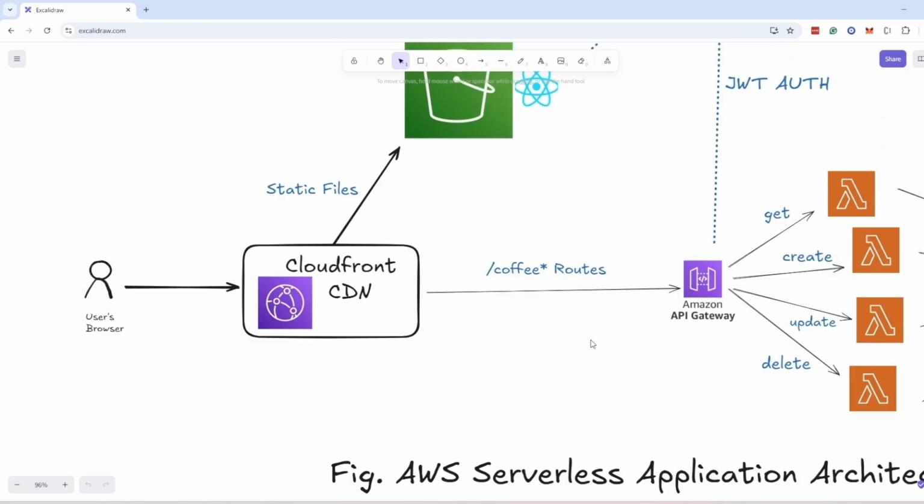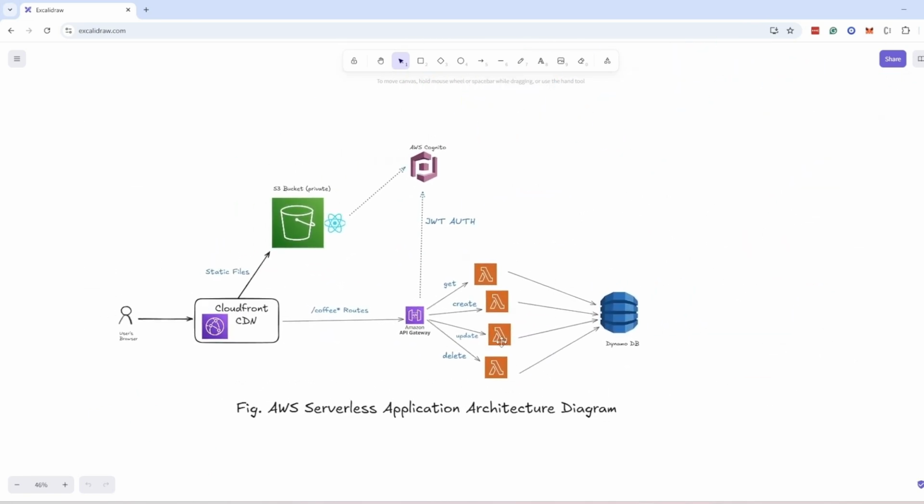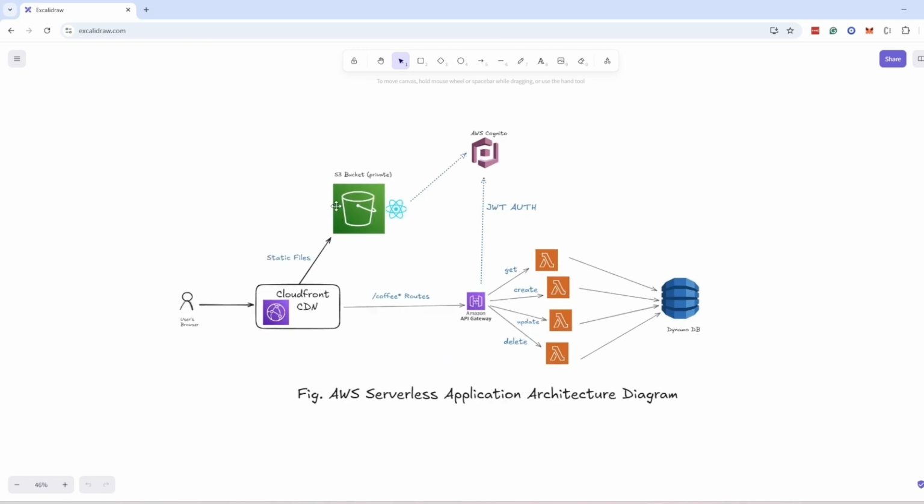So at this point, we have all the routes working. All Lambdas are using the Lambda layer, so dependencies are properly managed. And API gateway is here. Now let's set up our